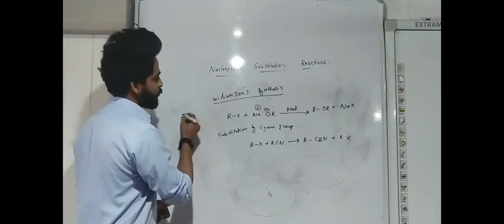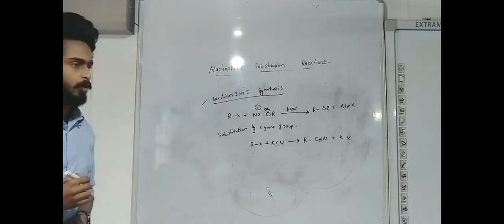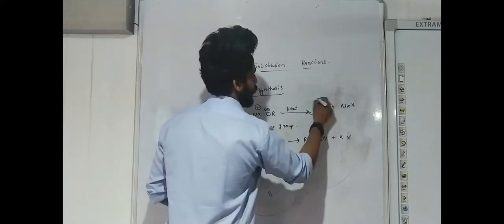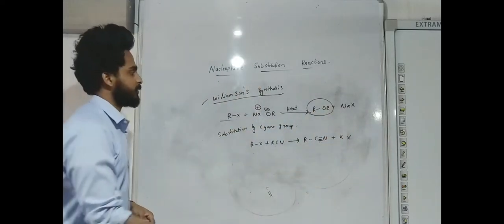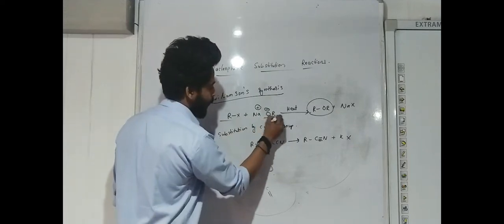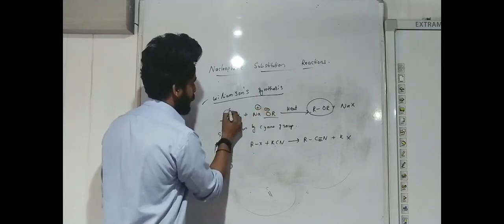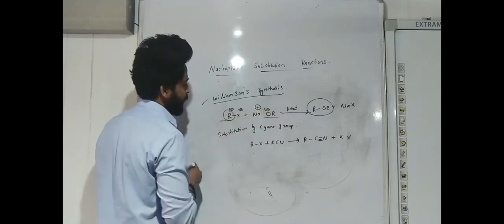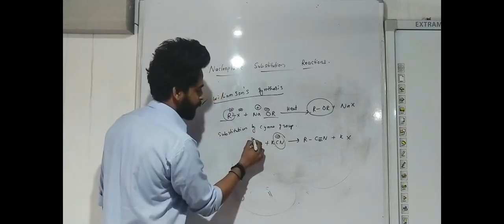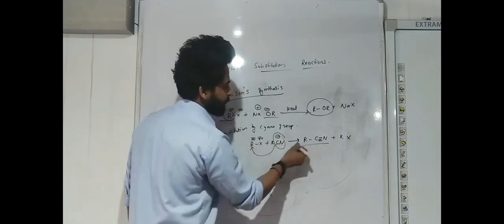So today we discussed two reactions, that is Williamson synthesis and this substitution by the cyano group. The first one is the Williamson synthesis reaction. We prepared an ether from this alkyl halide by treating it with sodium ethoxide or sodium alkoxide. So here OR minus will act as a good nucleophile, and here this carbon will act as partial positive and this as partial negative. Same here, this KCN, cyanide minus, will act as a good nucleophile. CN minus will come and attack, this X will leave, and we will get these RCN compounds.